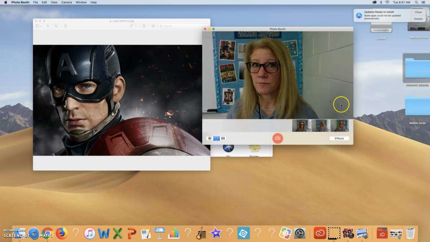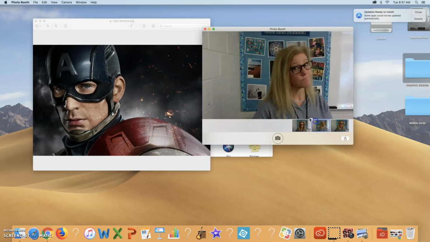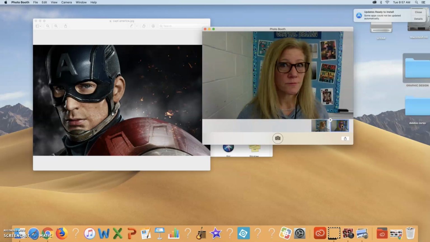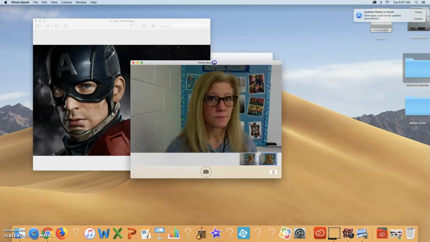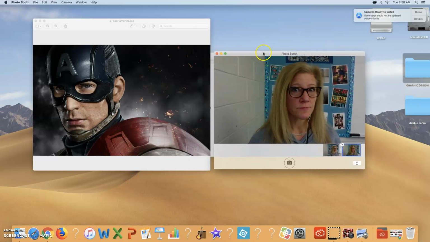Okay. So if you think you have something that you can use, that would be great. All the pictures show up on the bottom here. If you want to delete a picture, you just click on the X. So if I look at it, you might notice that it is flipped. That is something that we can fix in Photoshop, but